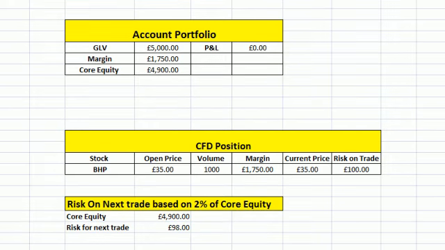Right now we're going to look at how core equity works in comparison to using just standard equity when factoring in or setting out your risk parameters. In this case, we're going to walk through firstly our account portfolio, so our GLV, which is our gross liquidation value, or the equity, in other words, we've got coming to the table, profit and loss, margin, and our core